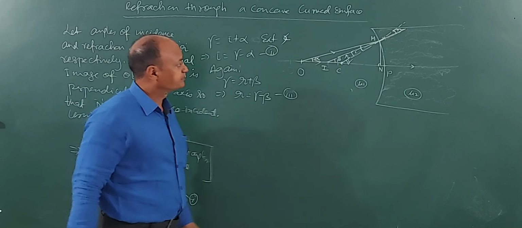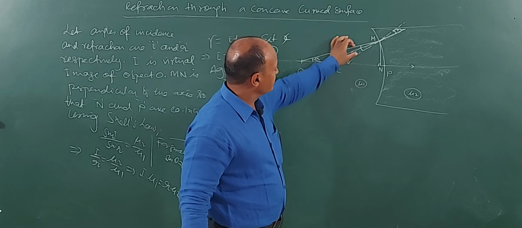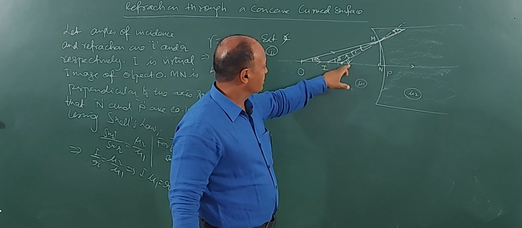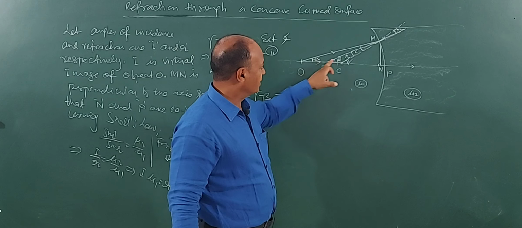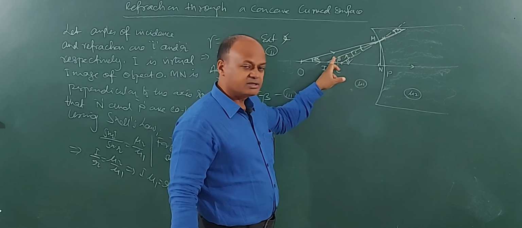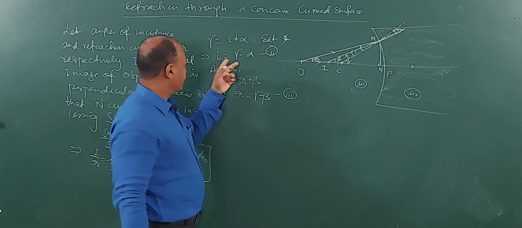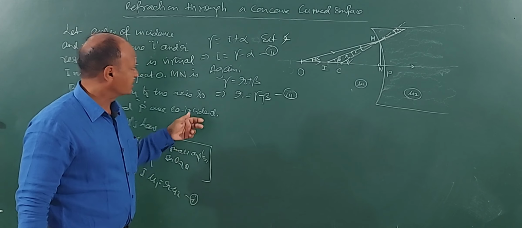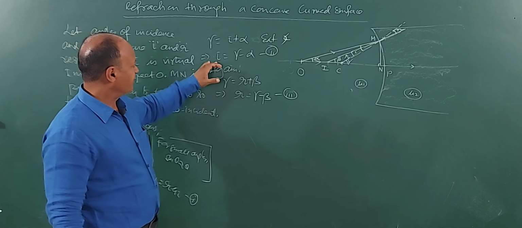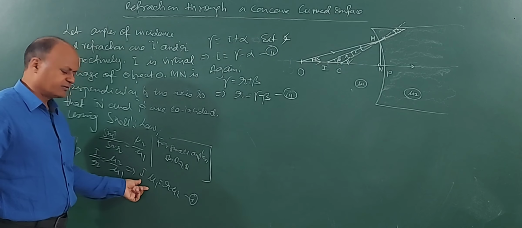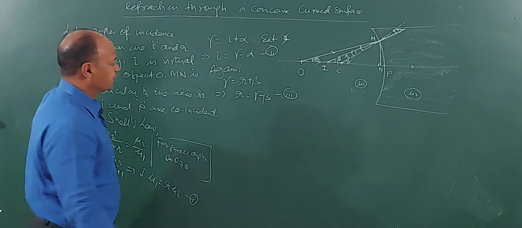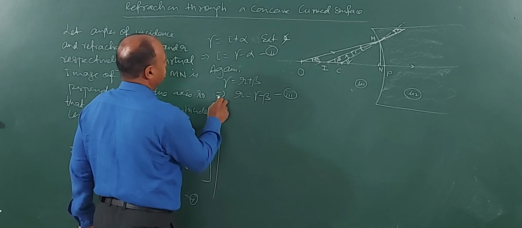Once again we will see gamma is external angle for I and alpha. So gamma is equal to I plus alpha. Again when you look at the smaller triangle out here, then gamma is equal to how much? R plus beta. So from here I get I is equal to gamma minus alpha and r is equal to gamma minus beta. Now with these values of I and r, I will go to equation 1, and equation 1 says what? I into mu 1 is equal to r into mu 2. Therefore, we will go back to equation 1.